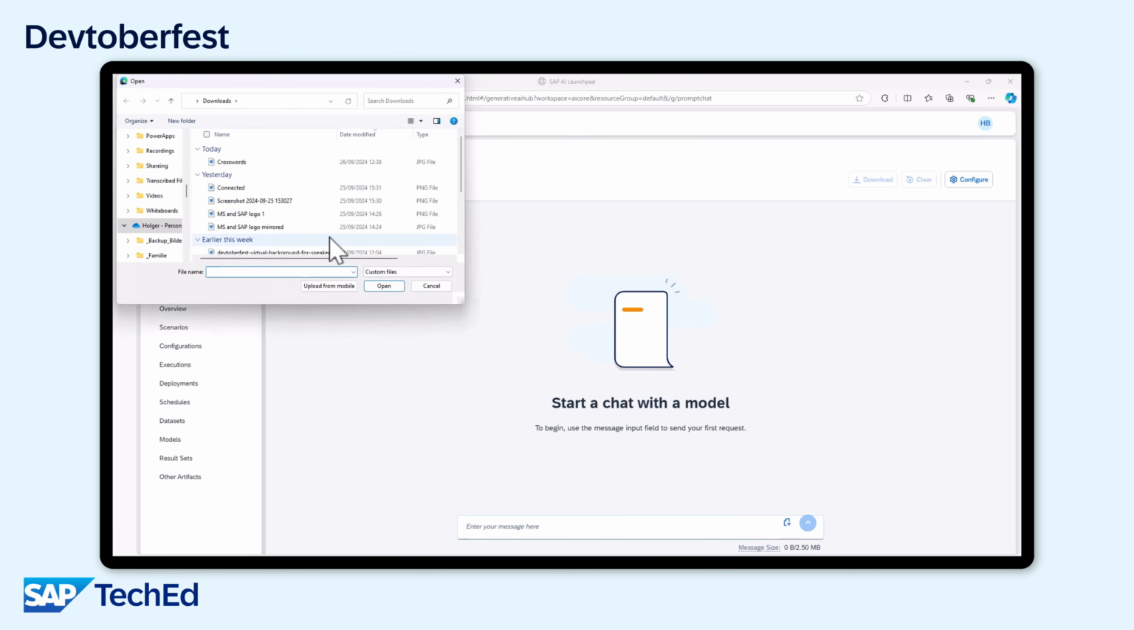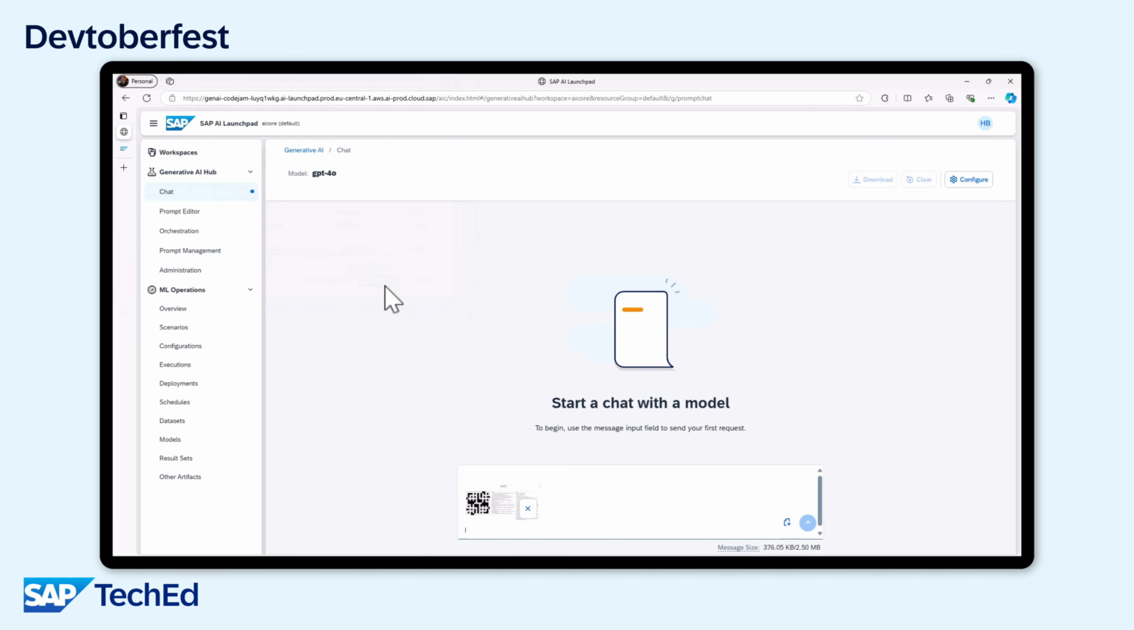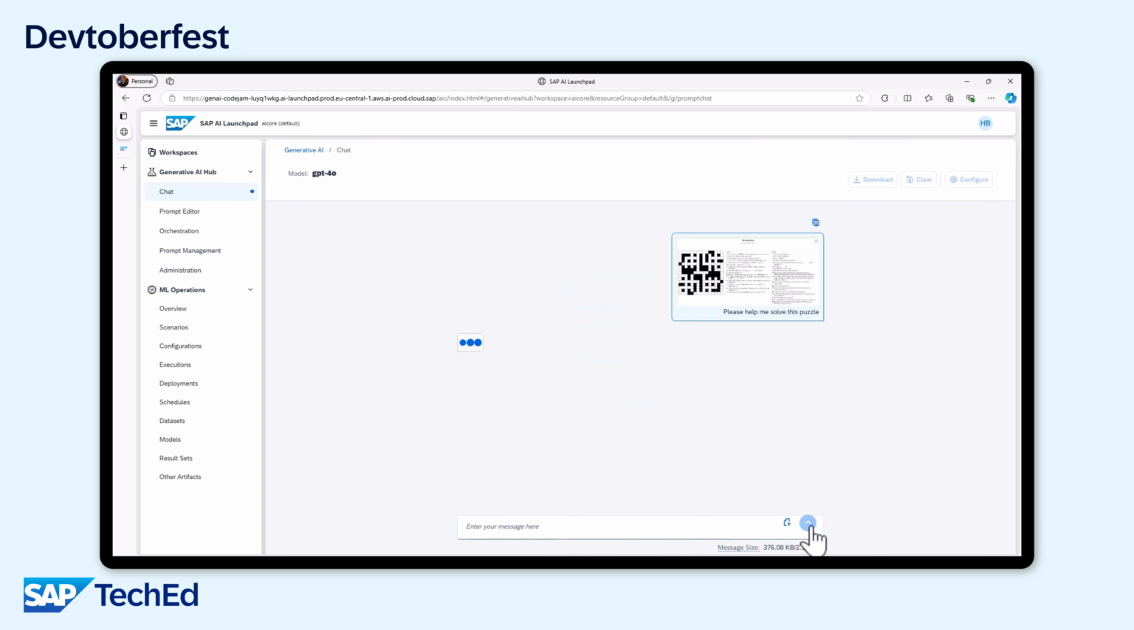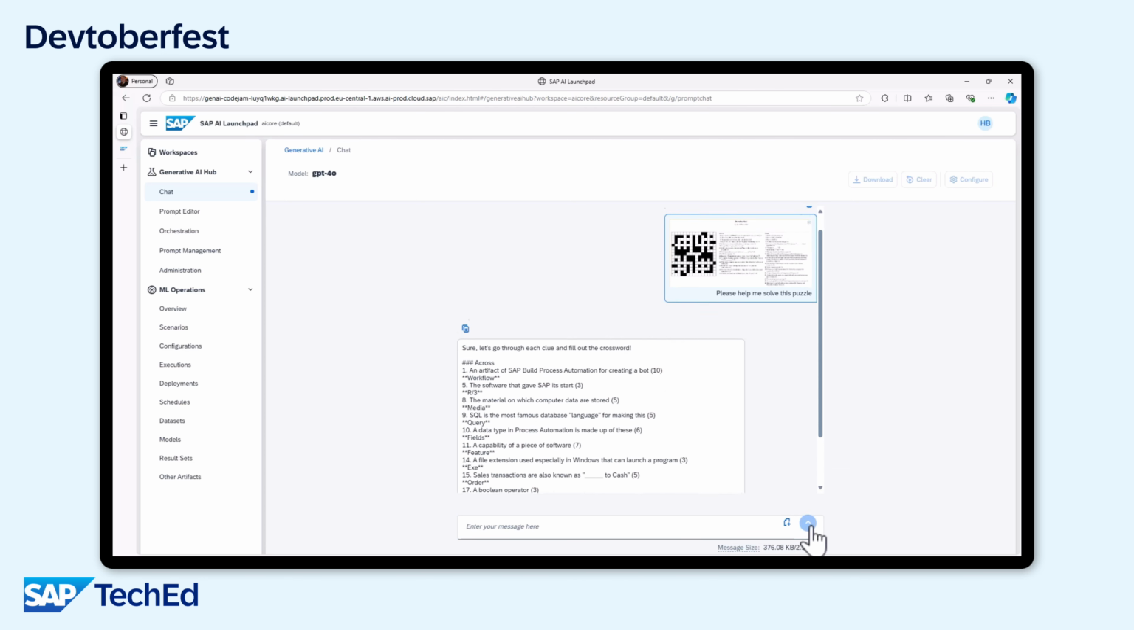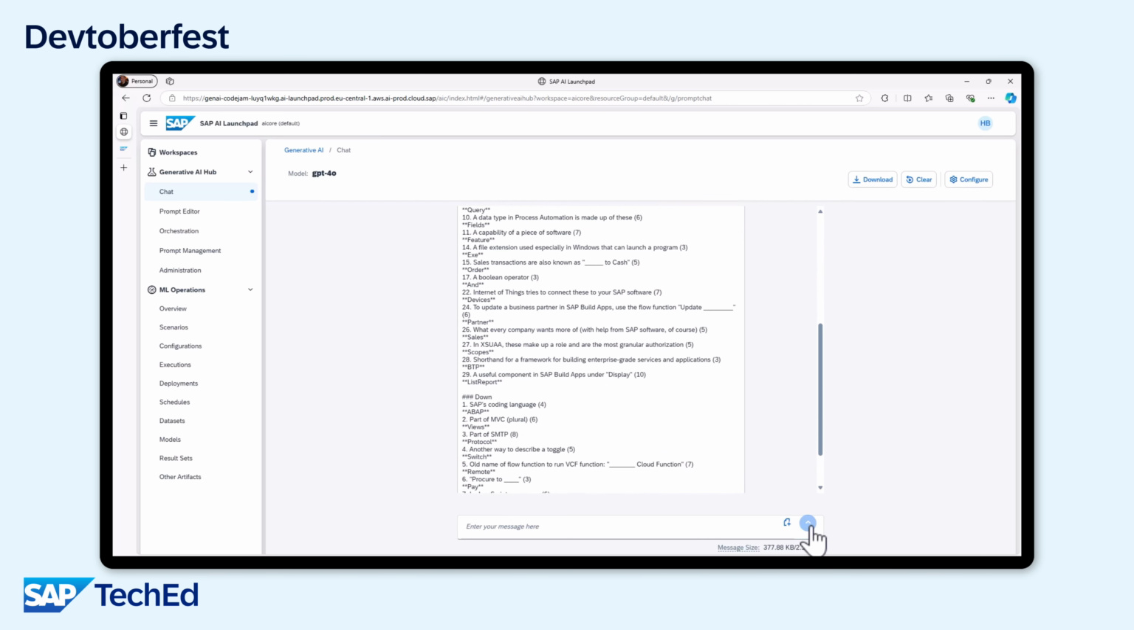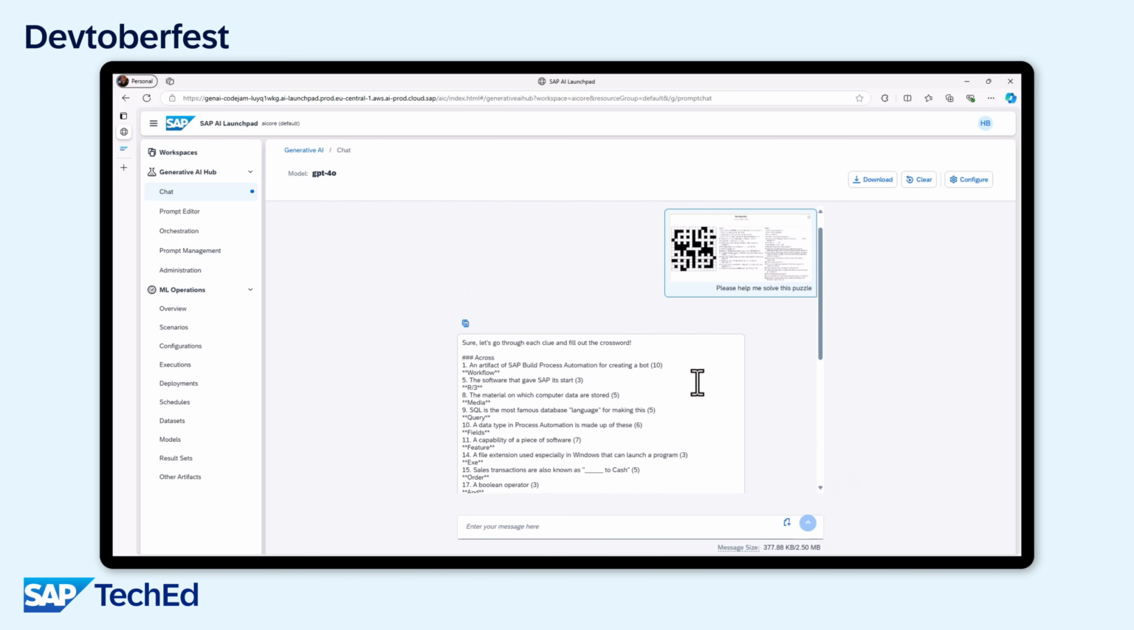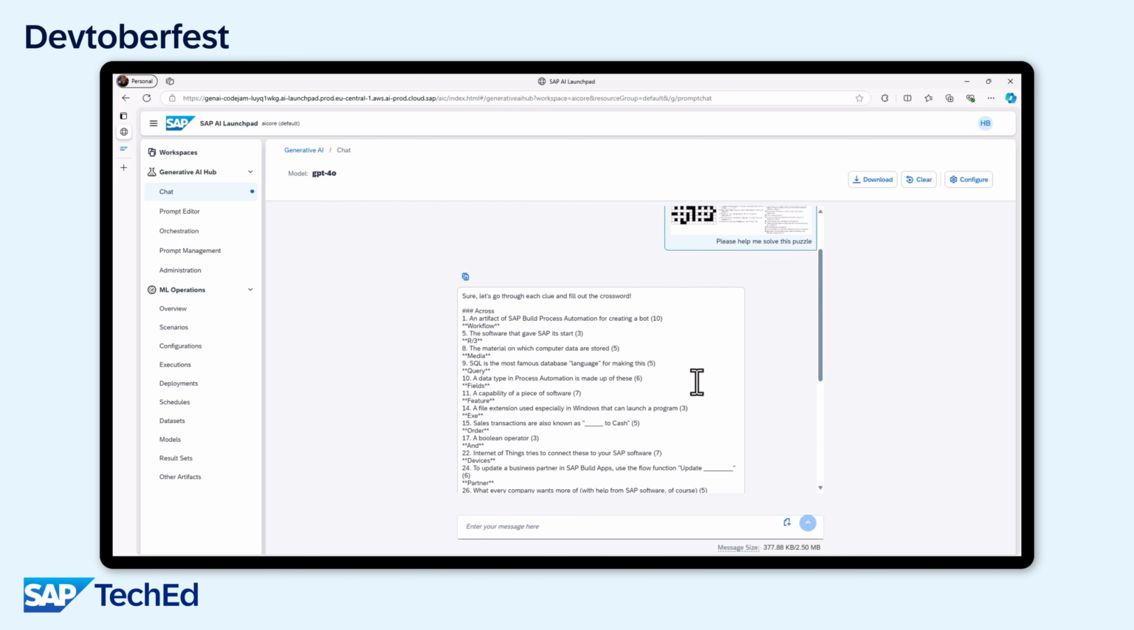I already took a screenshot of this crossword puzzle. And now what I'll say is, please help me solve this puzzle. So no entering any information, but really using the multimodality of this language model, GPT 4.0 is able to access the picture, read the question, and provide me with an answer. So you'll see it also provides me here with an answer